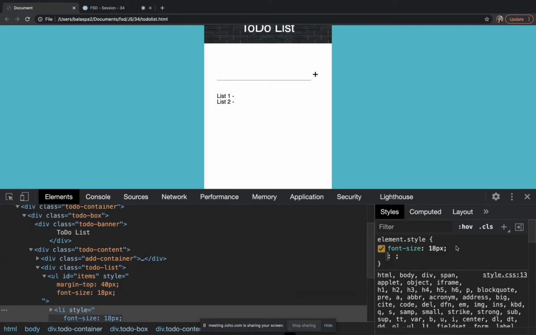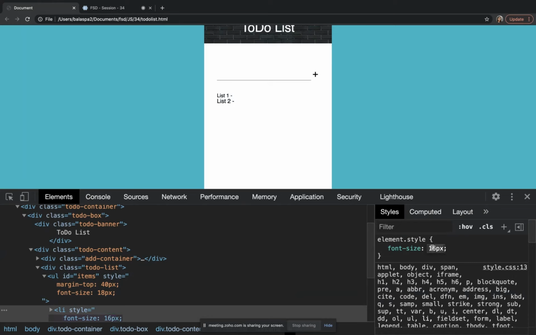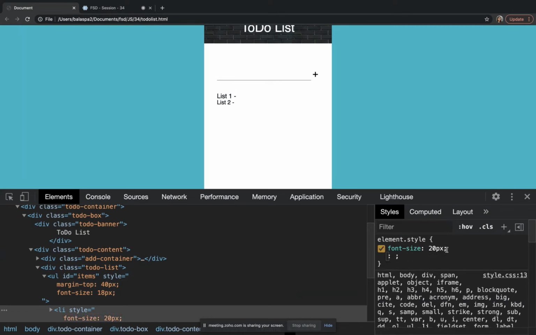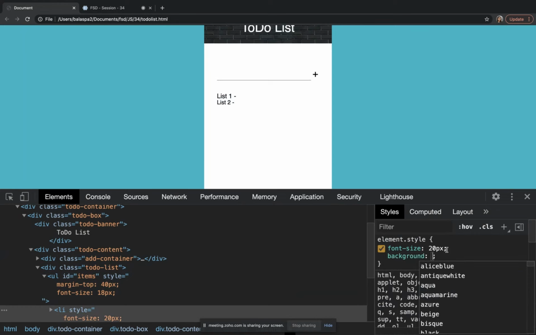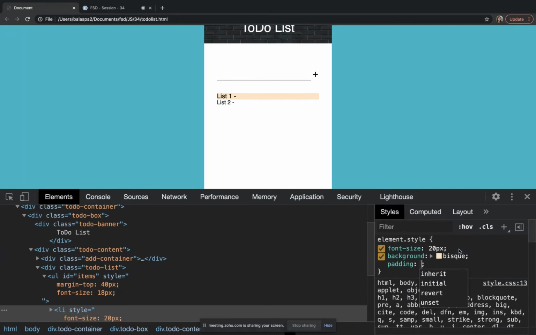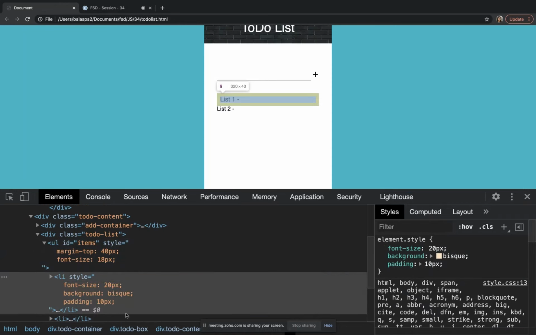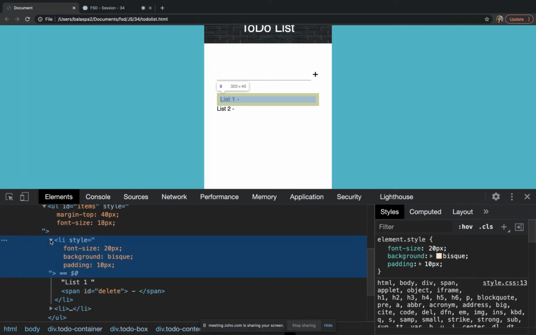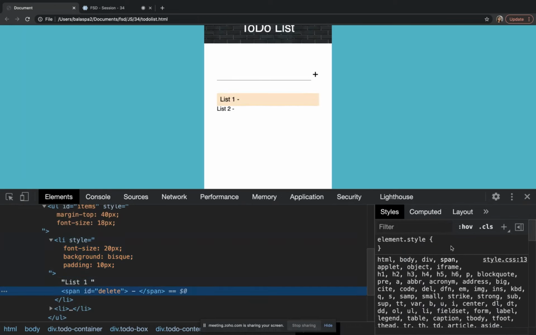Already it's 18 pixel. We can make it 20 pixel, and then we can add a background color. Okay, padding of 10 pixel, and then this minus symbol should go to the right hand side.